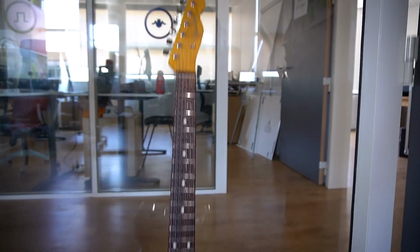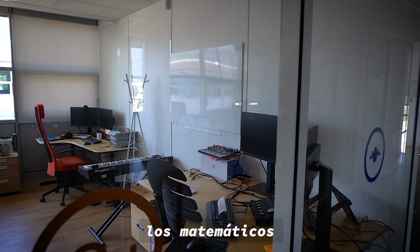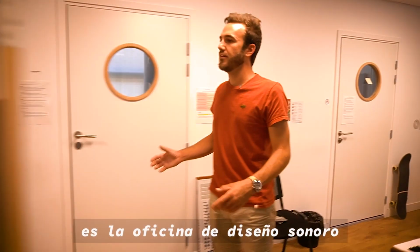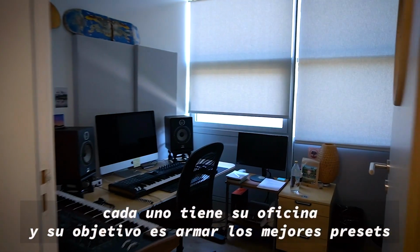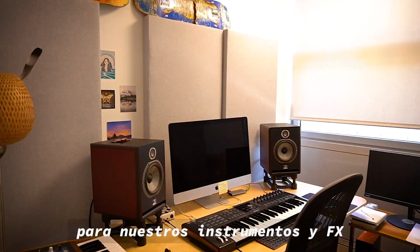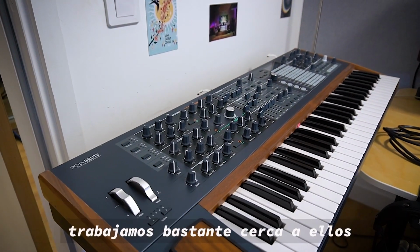Nice one. Gorgeous. This is another DSP office. Again, the mathematicians, the geniuses, the magicians. Oh, this office is quite cool. Unfortunately, no one is present today, but it's the sound design office. We have 5 sound designers, and they have individual boxes, and their goal is to make the best presets possible